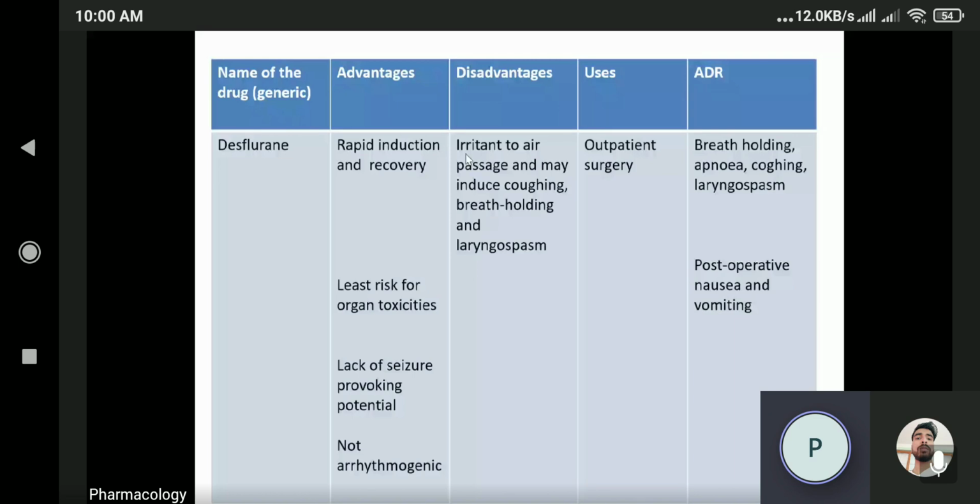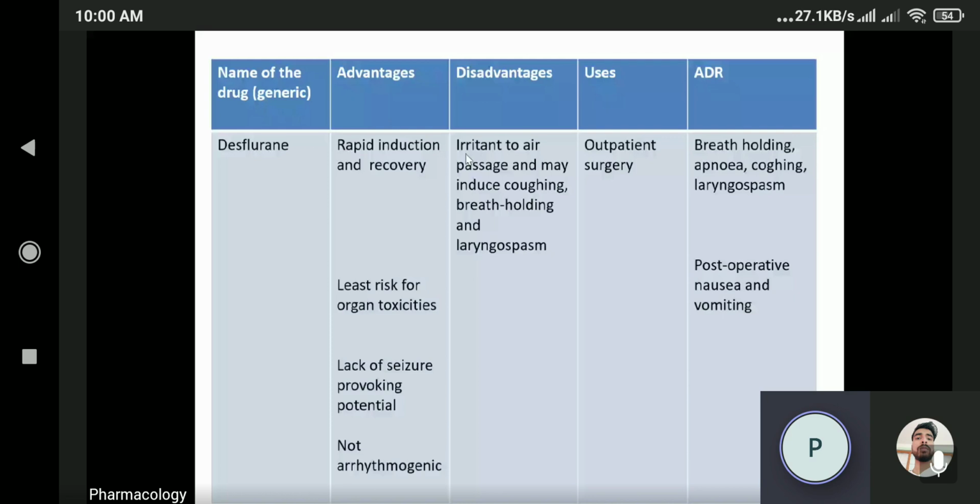Breath holding can occur and laryngospasm can occur. Also, because of these things, aspiration of the gastric contents into the airway tract can be possible. Because of that, they are mainly used for outpatient surgeries